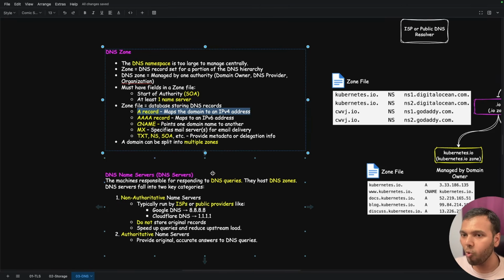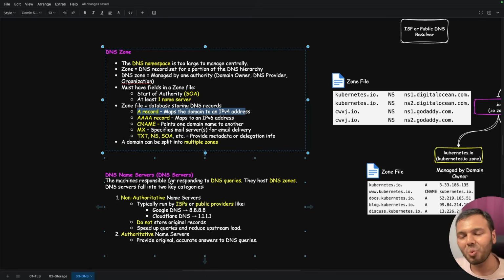So understand why they answer the DNS queries. If someone queries, the name server has the zone, and the name server in turn has the zone file, and the zone file has all the records. So if I am querying, the name servers will give me the information I need. And what is the information I need? Typically what I need is the IP address, and that is stored in the zone file in the form of an A record.